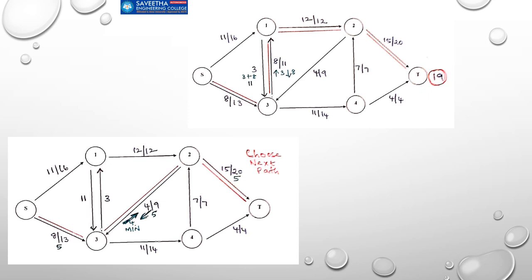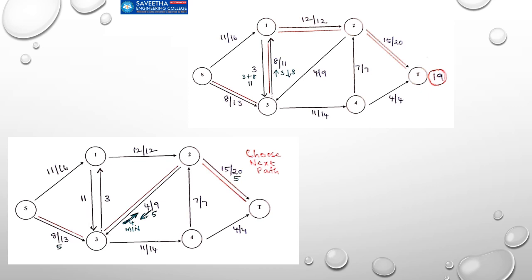So this path is over, so consider another path. So I am choosing the next path. Whatever is not chosen already, that we will be choosing. So we are choosing a new path which was not chosen previously. So again, when I come here, actually this is this side arrow, but we want to take the path upward. So this is 4 by 9, meaning this direction is 5. So the remaining 4 is going upward.